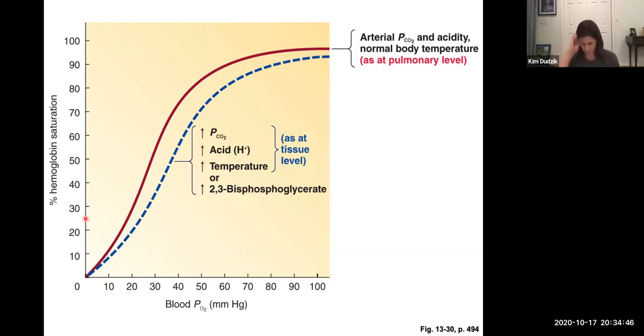That means the tissues got 75%. Okay, so things can occur. So let's say your tissues are really working hard and they're pumping out more CO2, the partial pressure of CO2 can increase. That actually shifts the curve. And so shifting of the curve means more oxygen is going to get released. So this curve went downward. So remember, the curve represents how much oxygen the hemoglobin is still retaining. Percent saturation, the hemoglobin is saturated.